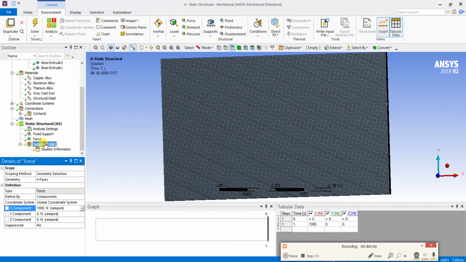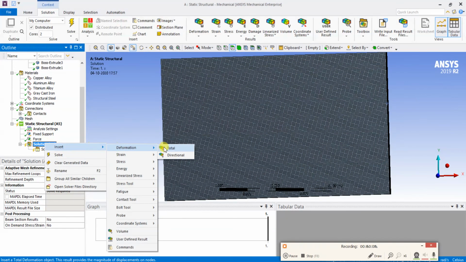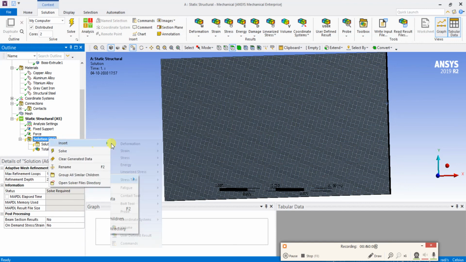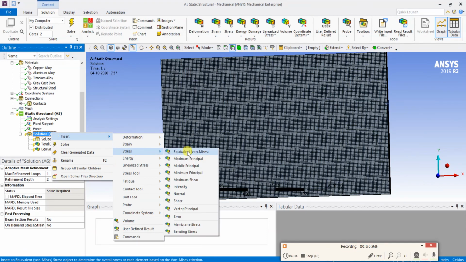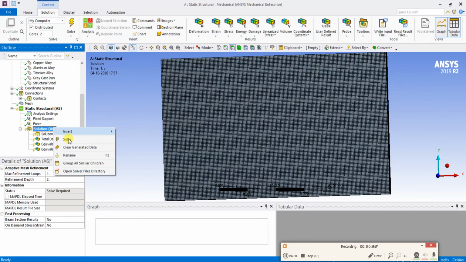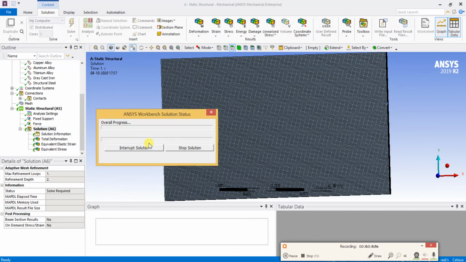I am going to analyze the deformation, the equivalent strain and the equivalent stress. This is the thing I am going to analyze. Strain I have selected, and this is stress. By clicking on the solve option, the part will be solved. Finite element analysis will be done for the composite material. So that you can easily understand, each layer will have different tensile property, different deformation, different stress, and strain will happen in each layer according to that particular material.